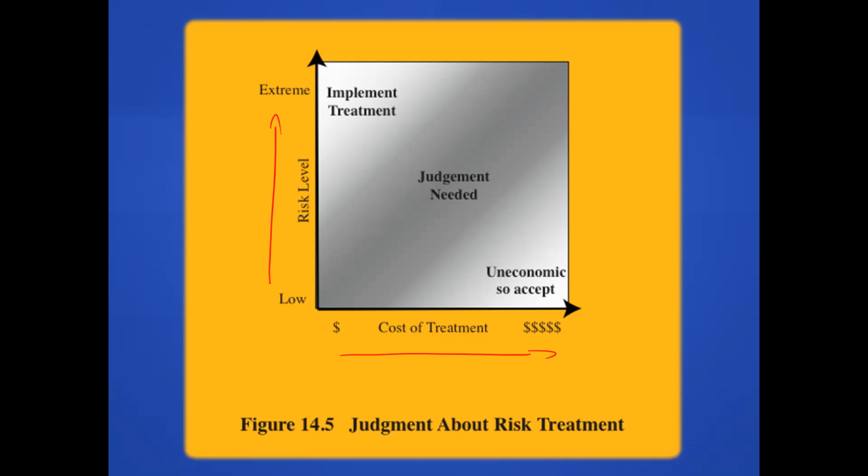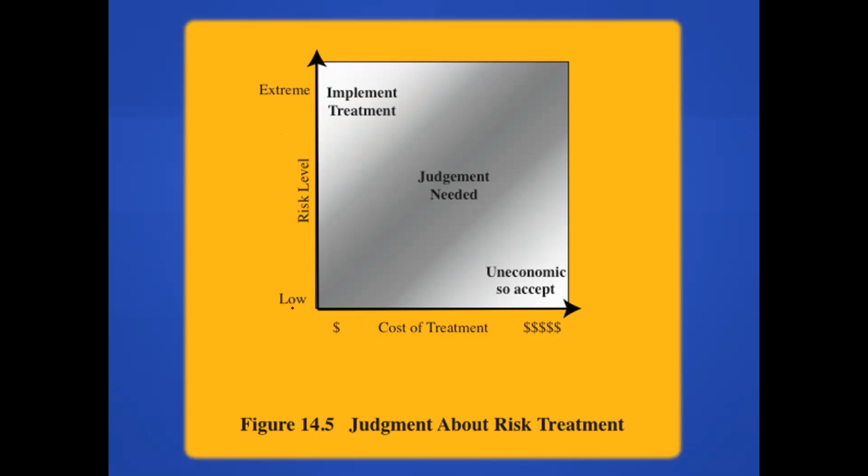So for instance, it's very simple. If the risk is anywhere here, but the cost is in this area, well, it's cheap. So now if the risk is low, you may not implement it. If the risk is extreme, but the cost is also very low, then you basically implement the treatment. It's a no-brainer. On the other end,